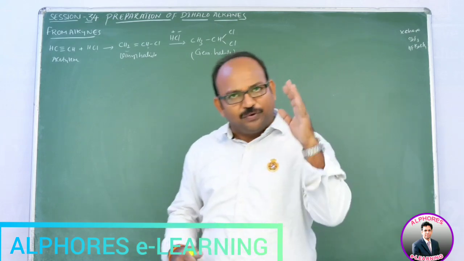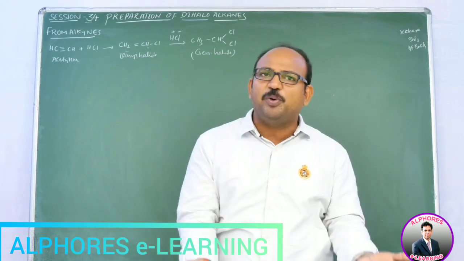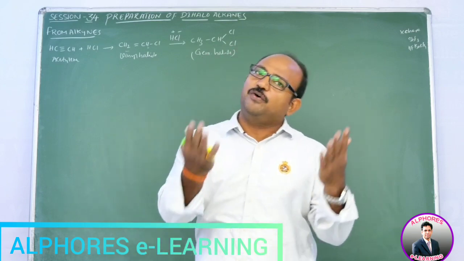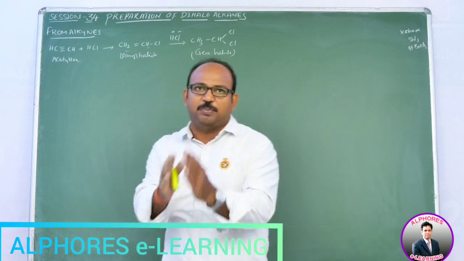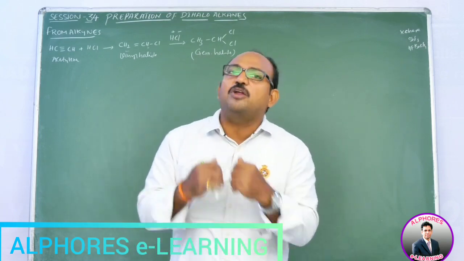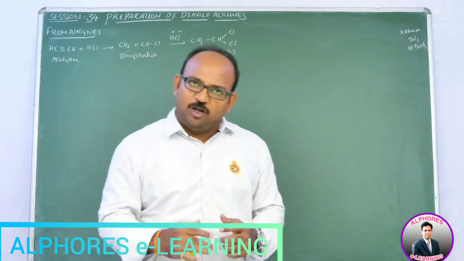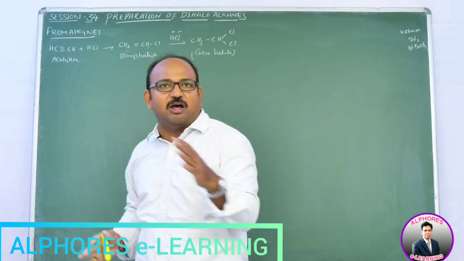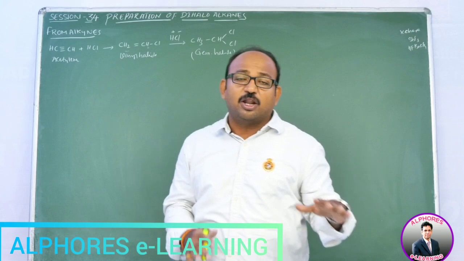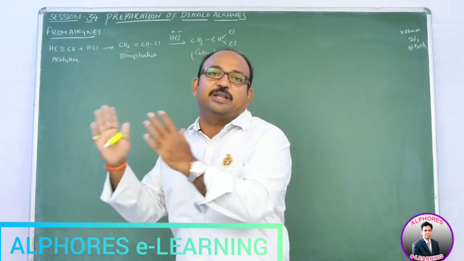So the addition is not Markovnikov addition if the mechanism proceeds via free radical. In such a case, the positive part is not there, but even though it follows Markovnikov rule, right or not? So following Markovnikov rule is one path, Markovnikov addition is another path, and the product being Markovnikov product is another path. So all these three are not always the same. These are different categories.